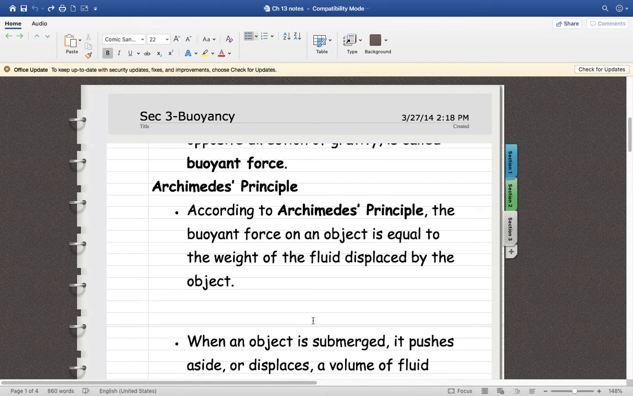Archimedes' principle. According to Archimedes' principle, the buoyant force on an object is equal to the weight of the fluid displaced by the object. So the buoyant force, what's pushing up on it, is equal to the weight of the fluid displaced by the object. So what this means,